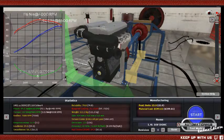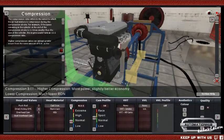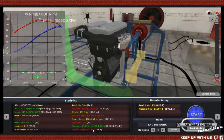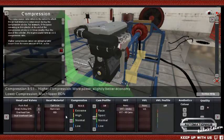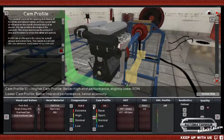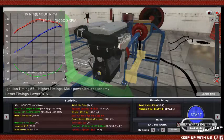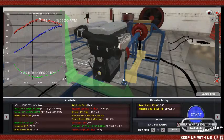Okay, 94.6. Maybe a little bit more compression. That should probably do it. In fact, no, we actually have quite a lot of headroom, so let's bring it up to 9. And then maybe cam profile. Oh god, I'm getting too obsessed with power here. I mean, I could bump that up to 65 possibly. I'm not sure how advanced ignition timings cars like this should have. Okay, so now I'm at pretty much exactly 100 horsepower,